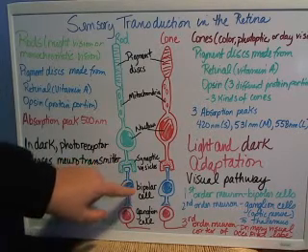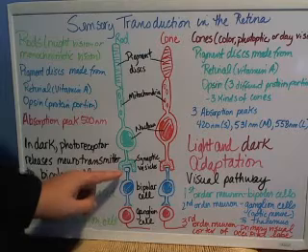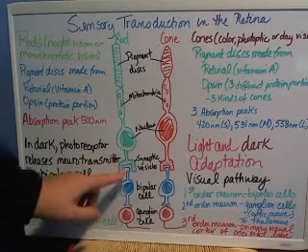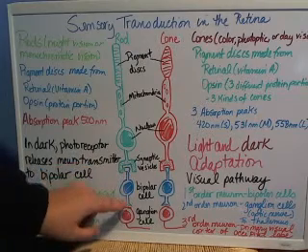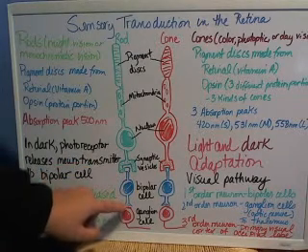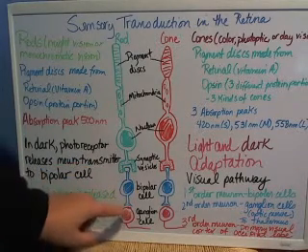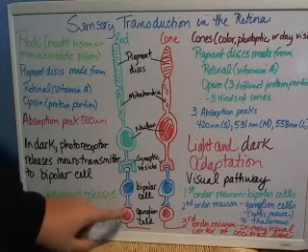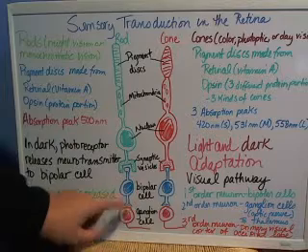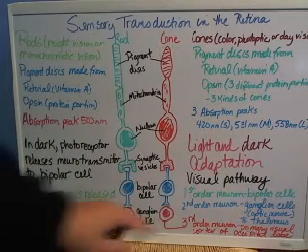The bipolar cell stops receiving the neurotransmitter, the glutamate. When there's no glutamate, the bipolar cell automatically releases neurotransmitter to the ganglion cell. And so the ganglion cell, if it gets enough neurotransmitter to reach threshold, will send an action potential to our